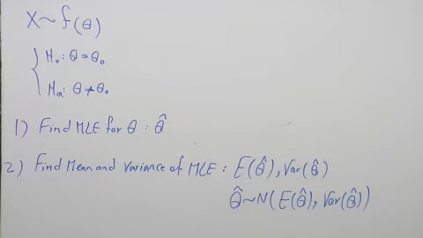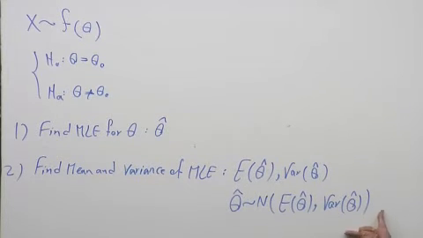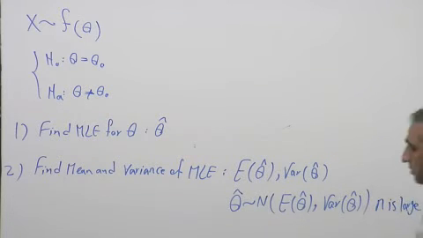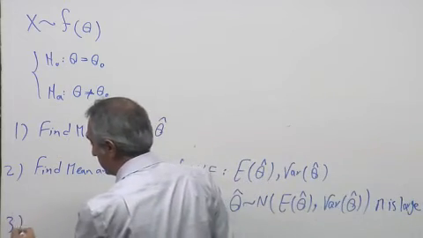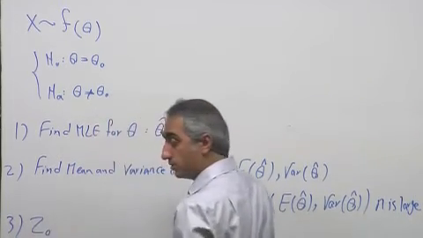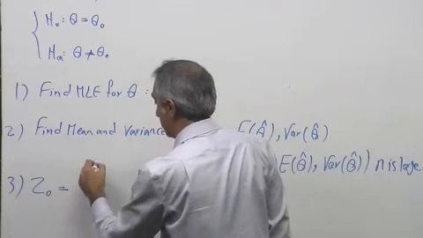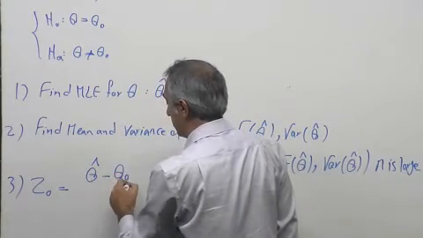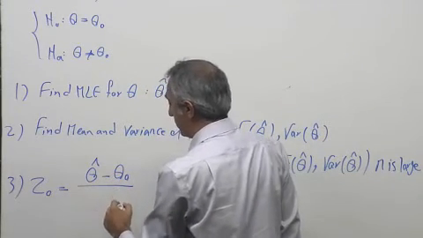So I can use this property when n is large. And the third step, I can define Z0 as theta hat minus theta 0 divided by,